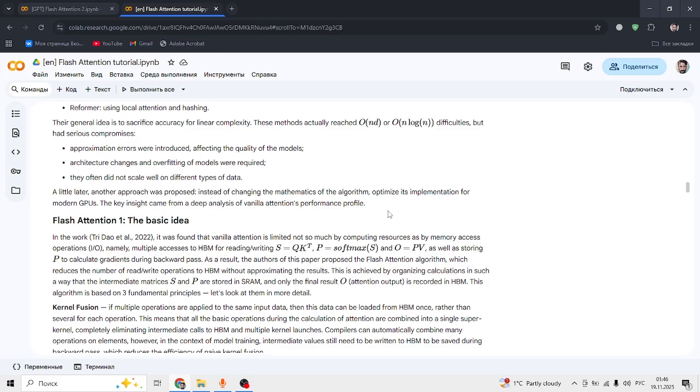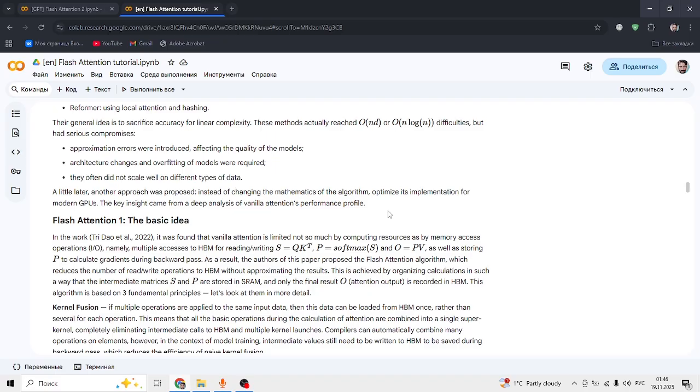And there is another idea, an exact approach. Instead of changing the mathematics of the algorithm, we can optimize its implementation for modern GPUs,